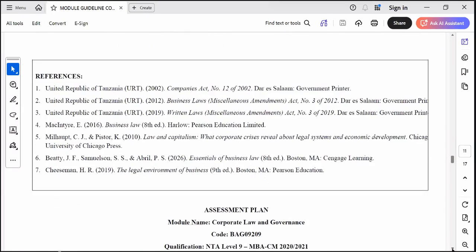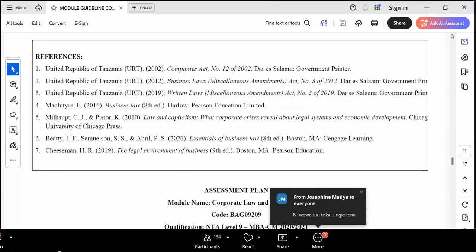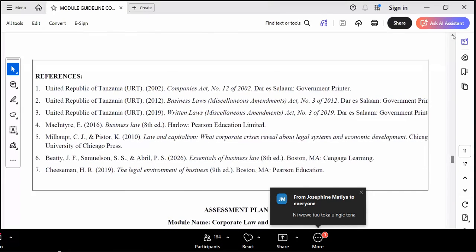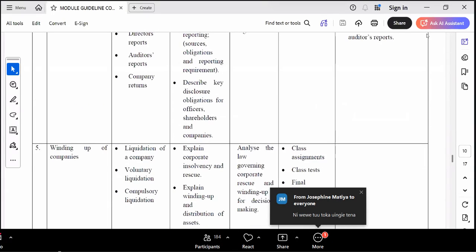Now we are moving towards the last one in terms of corporate law. And here is where we are supposed to look at winding up. And